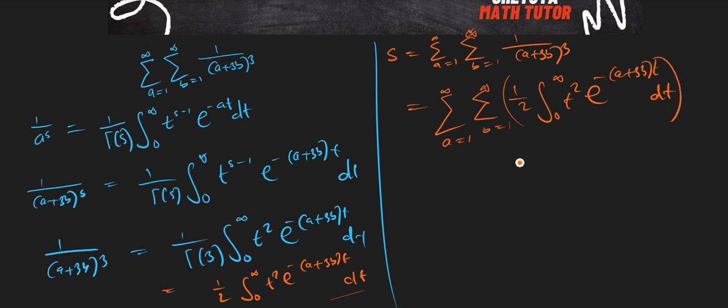So now what we can do is swap the summation and integration, and have this as half of the integral from 0 to infinity of